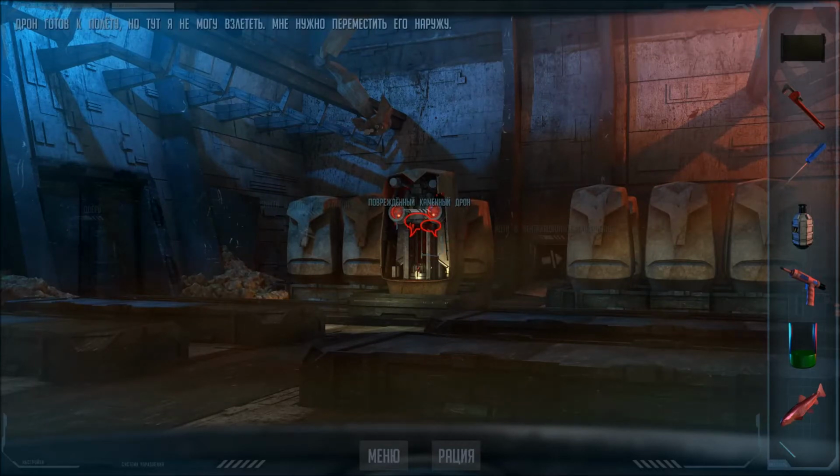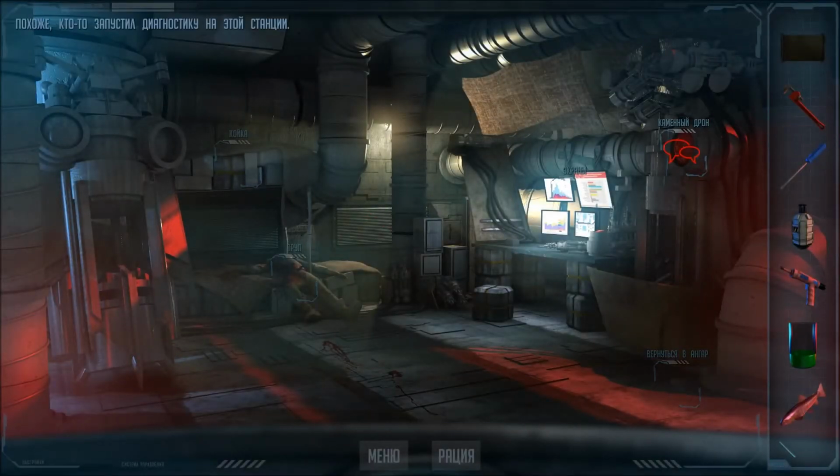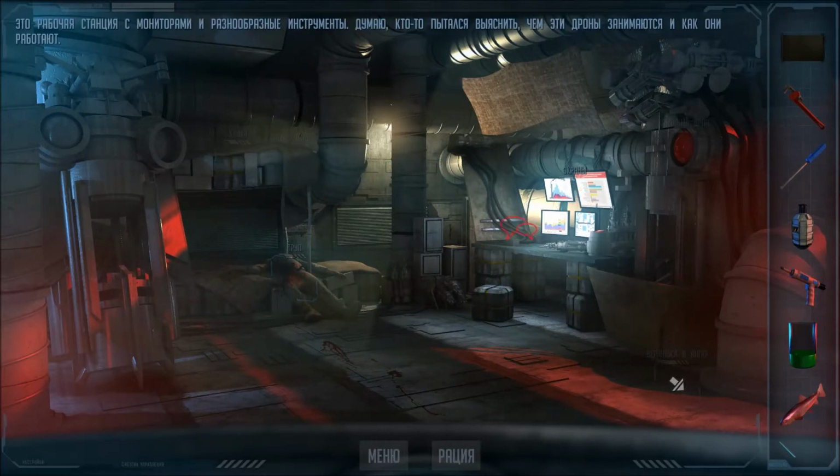The drone is ready to fly, but I can't take off in here. I need to move. Looks like someone was running diagnostics on this unit. It's a workstation with computer screens and all...